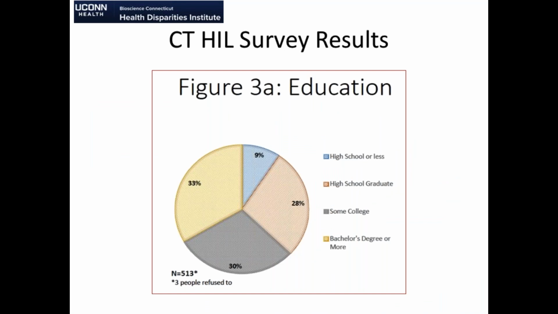Moving on, let me tell you that we wanted to find out what was the health insurance literacy here in Connecticut. So we did a survey, and this was in 2016. We only surveyed people who had commercial insurance, qualified health plan, not Medicaid. And the first thing we wanted to know, we surveyed about 516 people. And as you can see, if your colors are the same as mine, yellow is 33% and gray is 30%. That means that about 2/3 of the population that we surveyed had some college or a bachelor's degree or more. That is a fairly well-educated bunch of people who enroll through Access Health Connecticut. So given that,